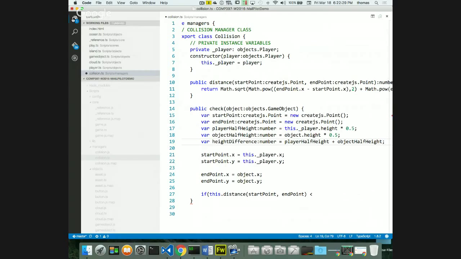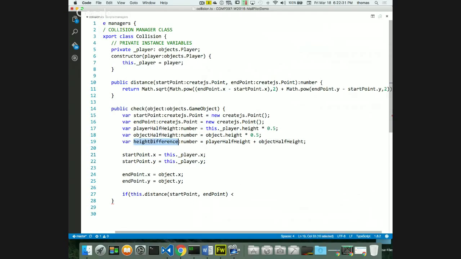That's what it looks like. And then this is not the difference. It's object or minimum distance is what it is. Min distance, minimum distance. So the minimum distance is player half height plus object half height. And what I'm testing is if this distance, start point and end point, is less than the minimum distance,